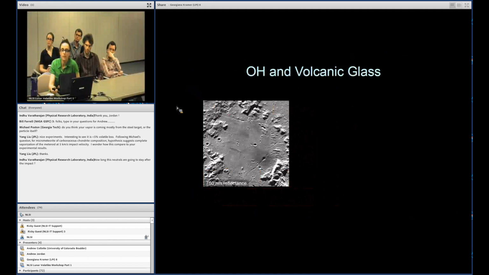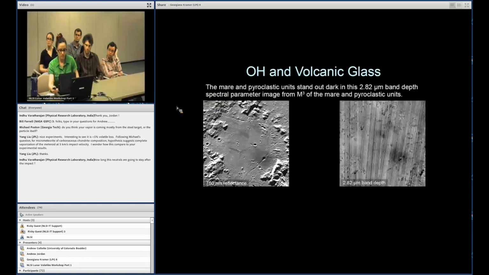Looking at volcanic glasses, this is the peak ring of Schrodinger Basin, which is at about 75 south, and there's a pyroclastic vent and deposit within it. The Marian pyroclastic unit stands out really dark in this 2.82 micron band depth spectral parameter, which is shown on